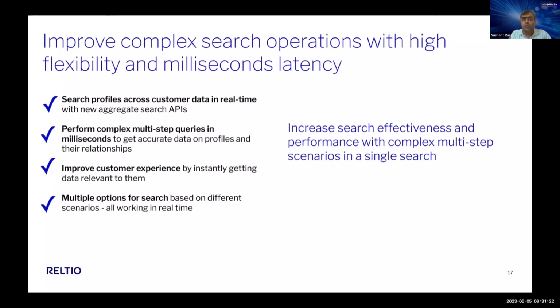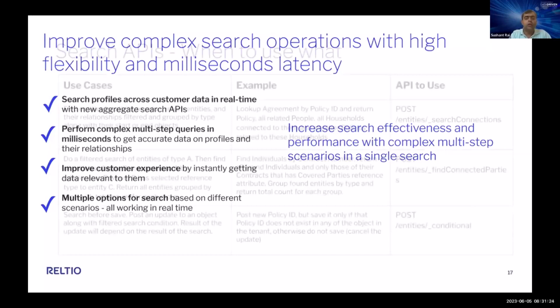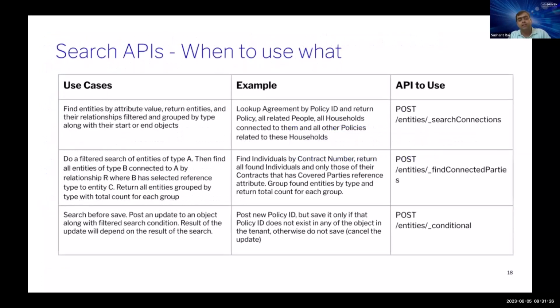There are multiple options that I would like to share with you, and you'll get all these slides and you'll see the details. There are multiple use cases that we can solve with these APIs. For example, in a single call, we want to find entities by attribute value, and return those entities and their relationships, grouped by type along with their start and end objects. For example,